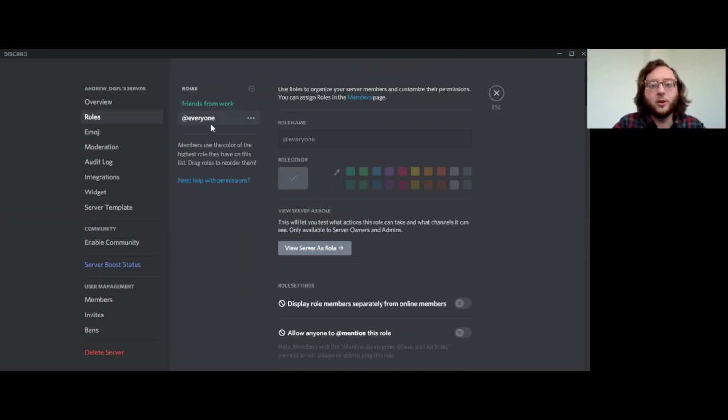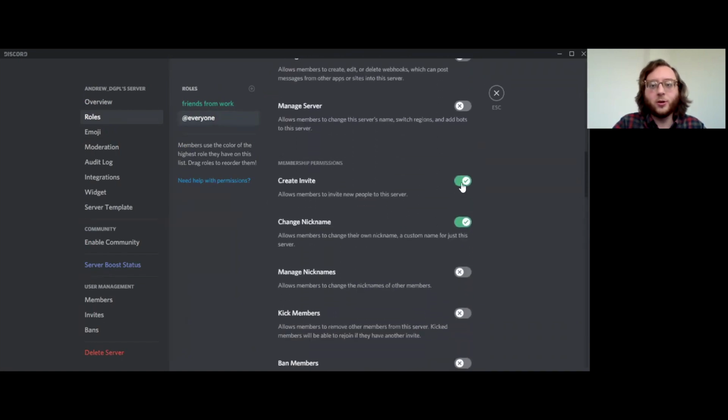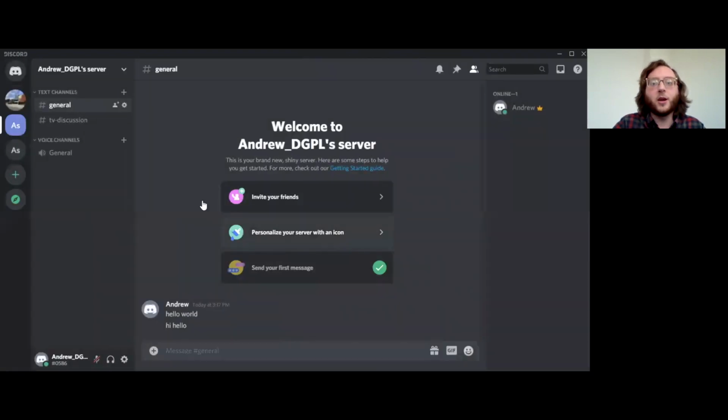So these are the abilities that anyone on the server would have. Scroll down and just switch create invite off, and then save that change. That means that only you will have the ability to invite people. So, if you're anxious about who joins,